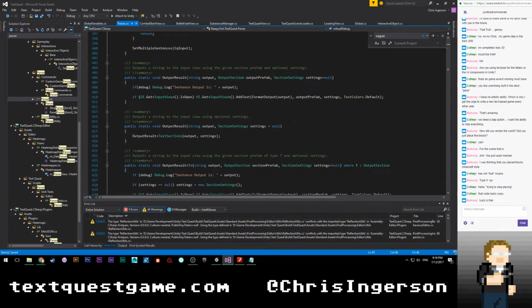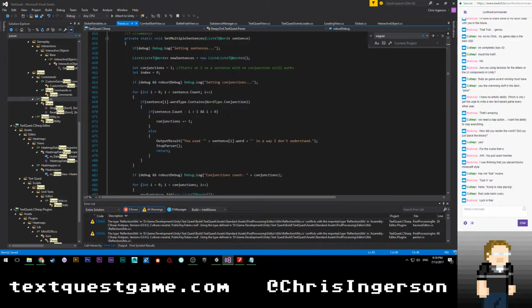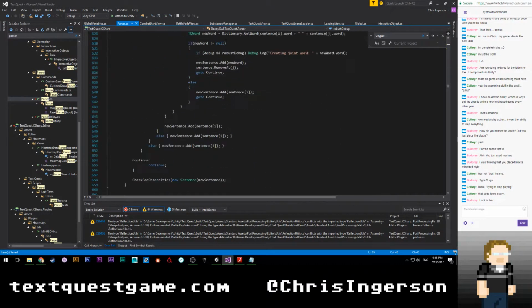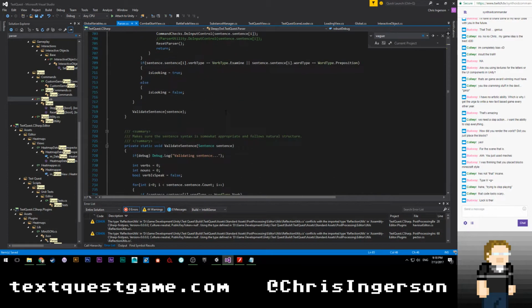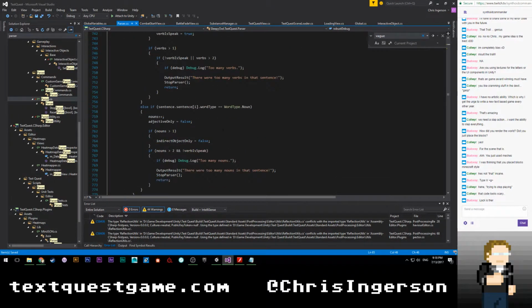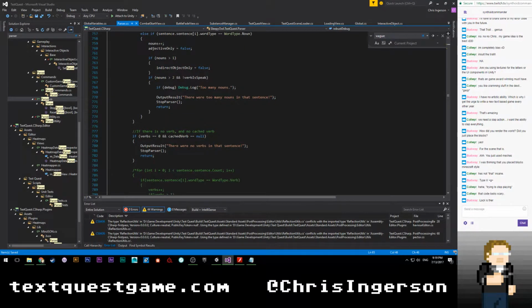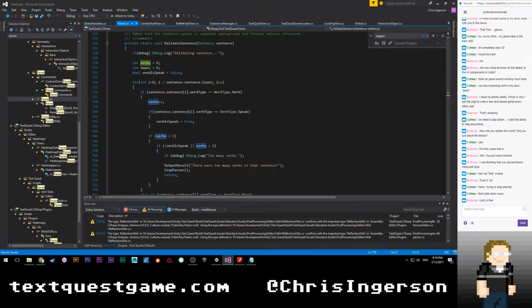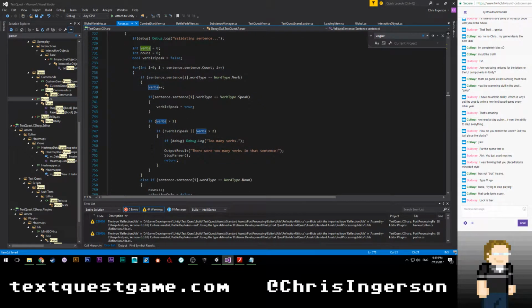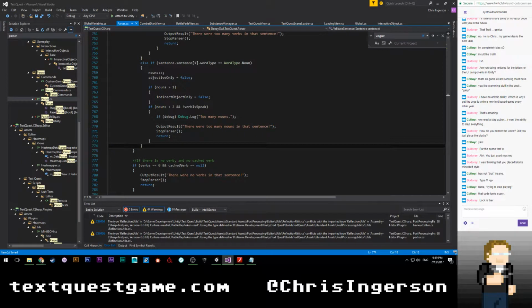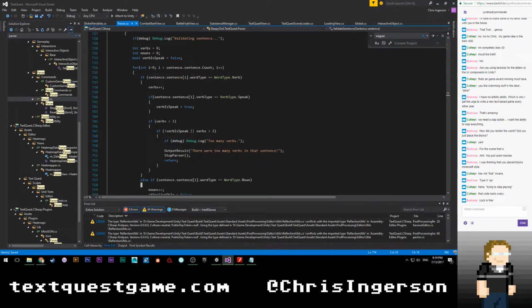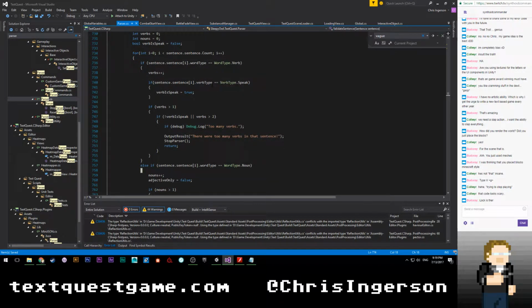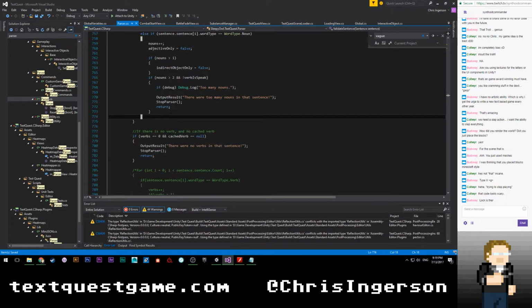Scroll down here. Sentence output is set to multiple sentences. I'm guessing that it's just not detecting the partial verbs like it should. Check commands. Let's see, there were too many verbs, too many nouns, there were no verbs, and if verbs is equal to 0. So I guess that makes sense. We don't get past validating sentence. So here we go. Yep, this is the problem. Yep, right here. So we're checking to see if a word type is exactly a verb, so we're looking for pure verbs, but we're not looking for partial verbs, so I need to handle that.